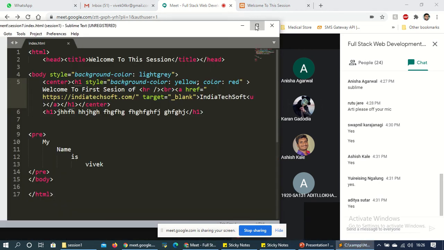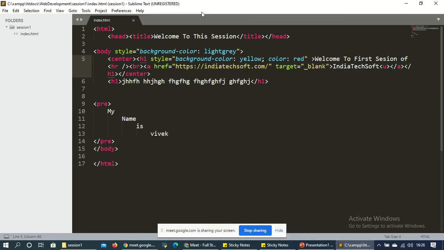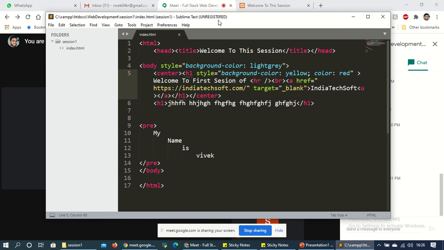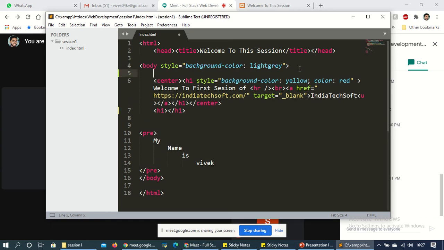So this is my Sublime Editor, and we have created one project yesterday. So now this is the design we have created, and today we will go through the systematic way from heading, and I'll show you step by step, one by one tag. Okay. So this is the body. I have given some designs and pre-tag.